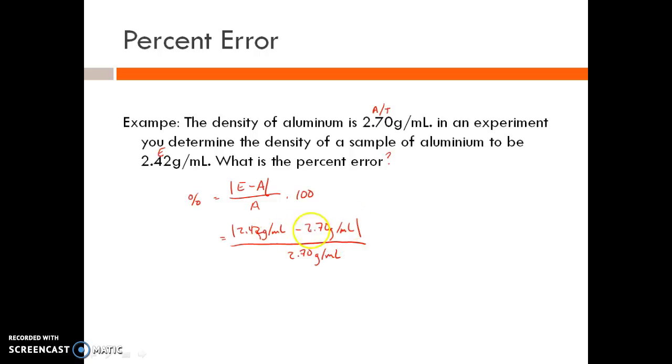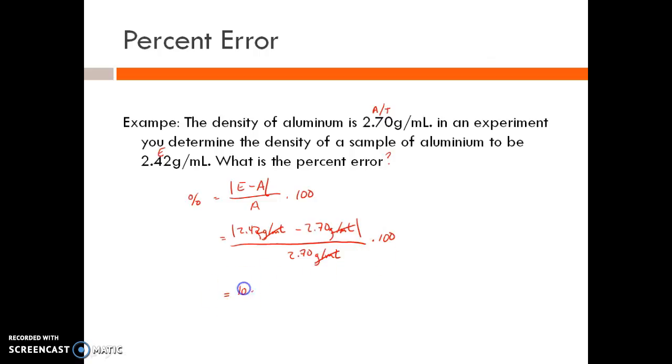Now, since these are being subtracted, remember that grams per milliliter really could be moved outside of these brackets, and so these both are going to be canceled by this one down here. And so when we do this, 2.42 minus 2.70 divided by 2.70 times 100, my percent error is going to equal